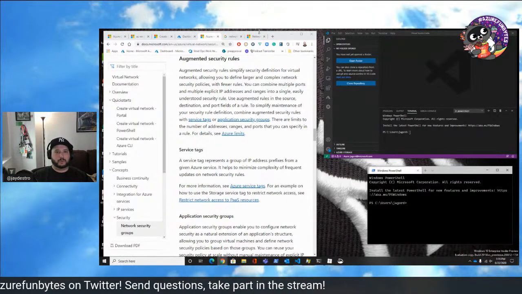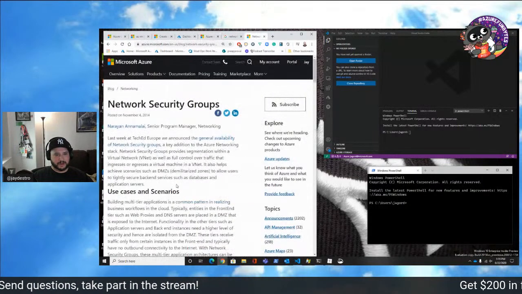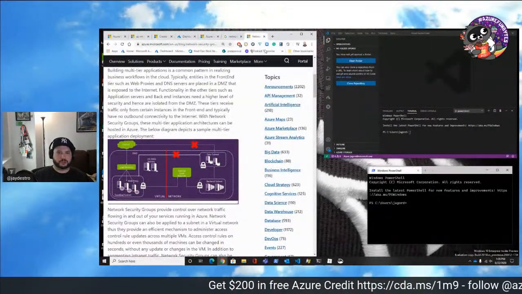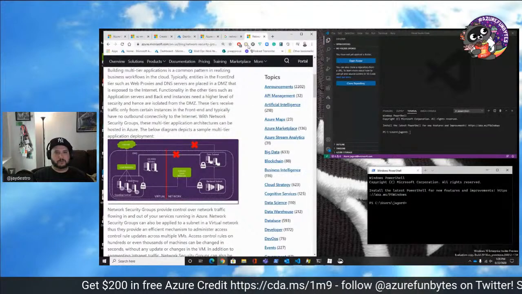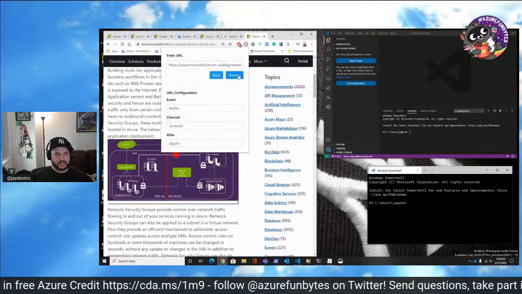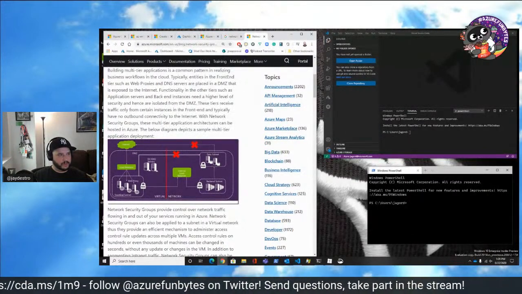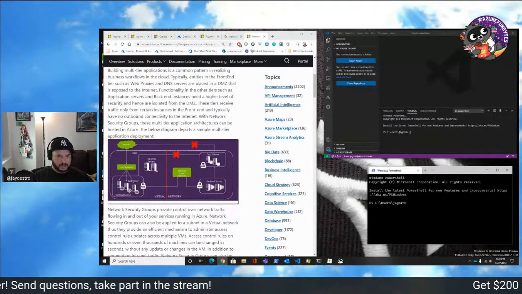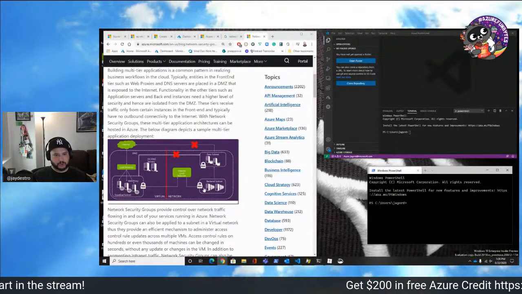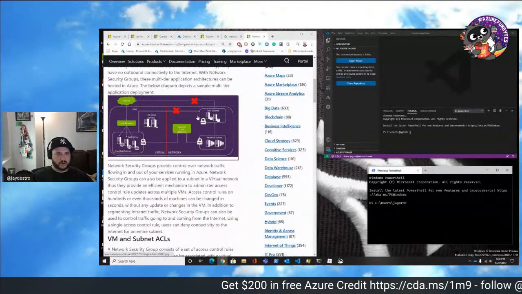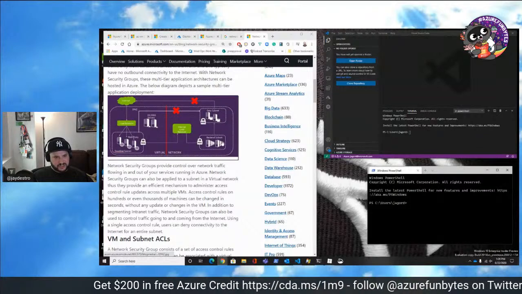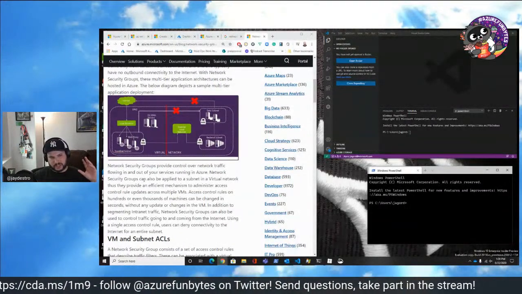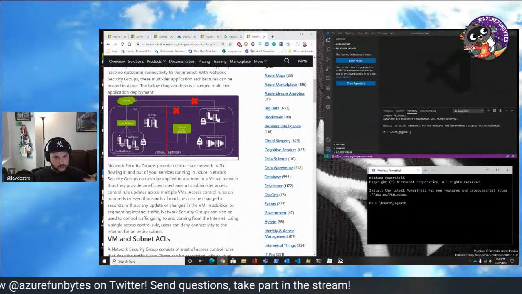So we've got a little bit more about network security groups. This is a great document. I'm going to share this document as well in this blog post, and it really gives you a huge overview of the power of using network security groups along with networks, and how the virtual network can essentially isolate all these different types of environments that will work together to make sure that only specific traffic goes between the two.